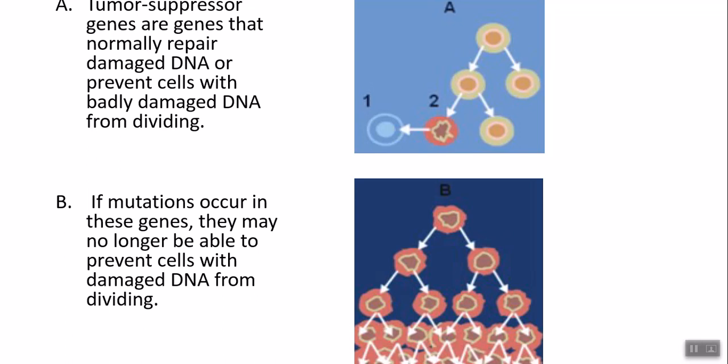So what you have to understand is the role of tumor suppressor genes, which regulate normal DNA repair and prevent further division of DNA damaged cells. If tumor suppressor genes get mutated, then they don't control the cell divisions of damaged DNA within the cell. So this results in further proliferation and division of damaged DNA cells.